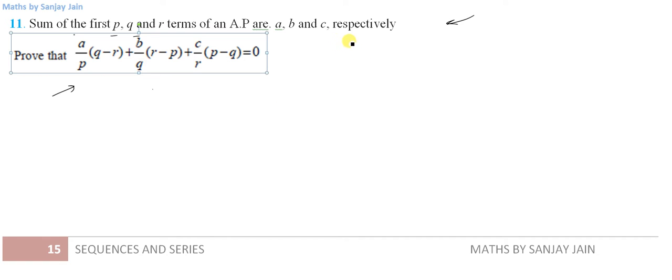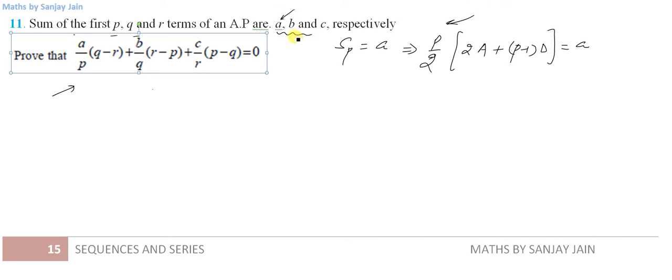So what is given is that the sum of P terms is equal to A. What does that mean? P by 2 into twice the first term plus P minus 1 into the common difference is equal to A. Why have I written capital A and capital D? Because small a means something else here. This is the sum of the first P terms, so I cannot use it as the first term. That is why I am using capital A as my first term and